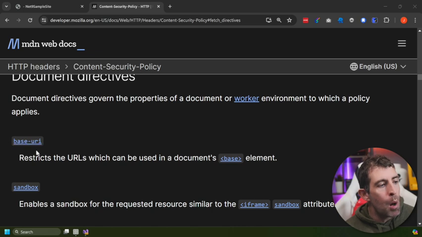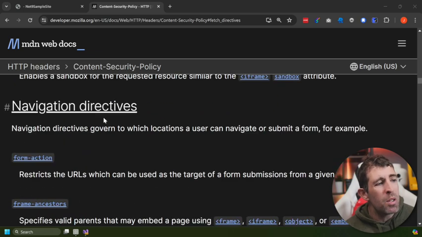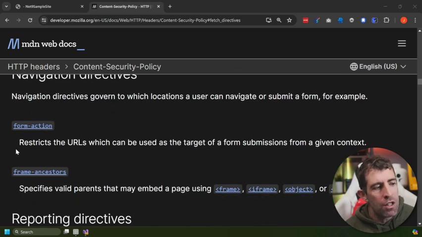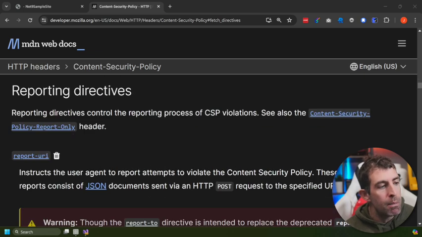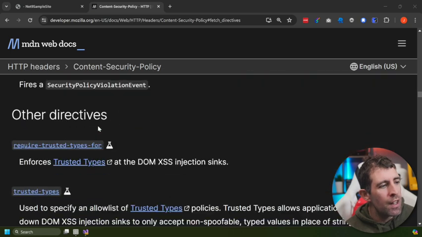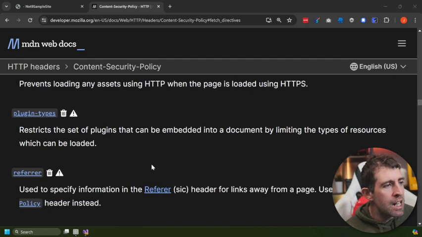So we've got a base URI, we've got a sandbox, we've got some navigation ones, so form actions and frame ancestors. So what can actually communicate through your iframes. We've got some reporting ones. There's a bunch of other ones, like require trusted types for, and you can see we've got a bunch of